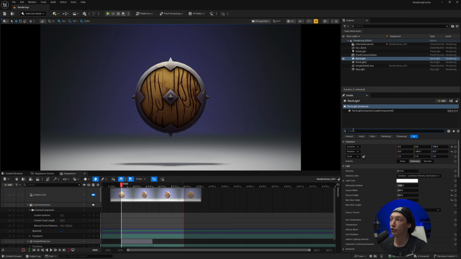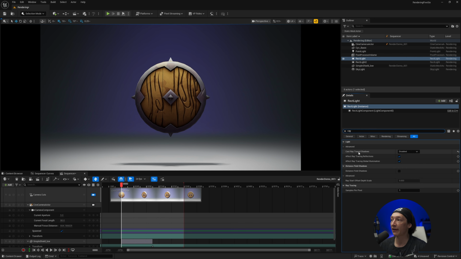So under your search bar right here, for this rectangular light, which is going to be my key light on this shield, if I type ray, we can see here that I have cast ray trace shadows, and right now it is currently disabled. But if I set this to enabled, it will give me a different shadow. Now, it kind of looks like it disappears, but because ray trace shadows are calculated differently, it's just because the